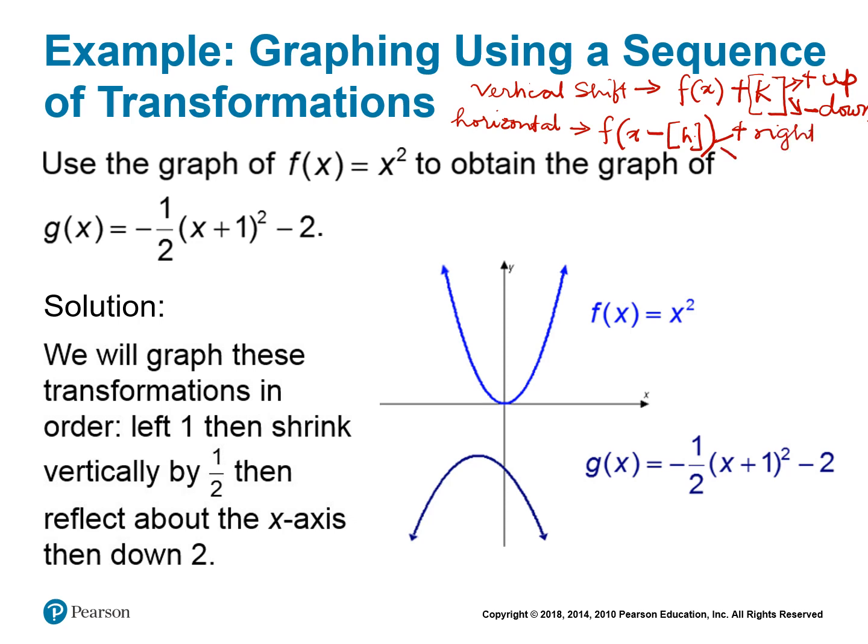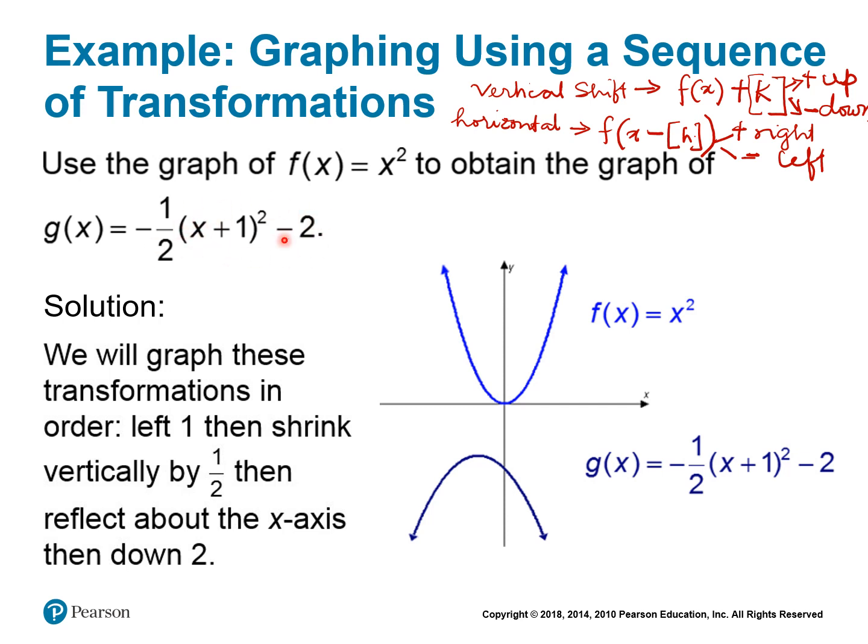If h is negative, shift to the left by h units. All right, so you have to kind of remember the form in your head. For vertical shifting, it's f of x plus k. If it is horizontal shifting, then it's f of x minus h. All right, so let's look at